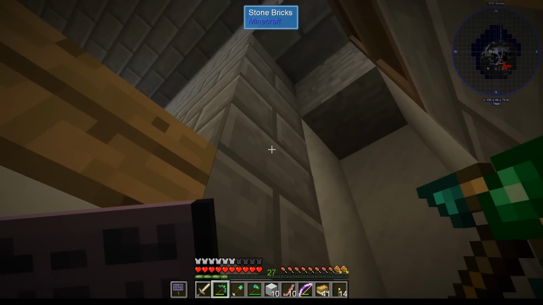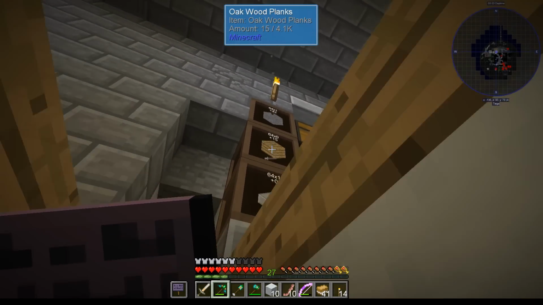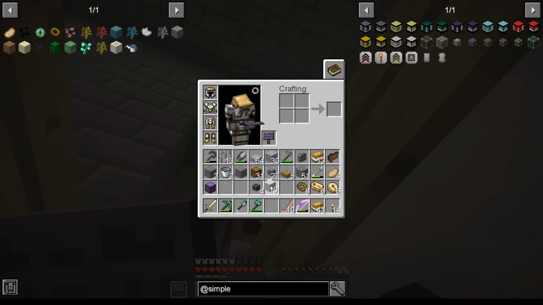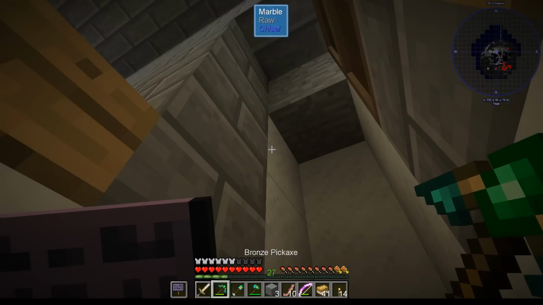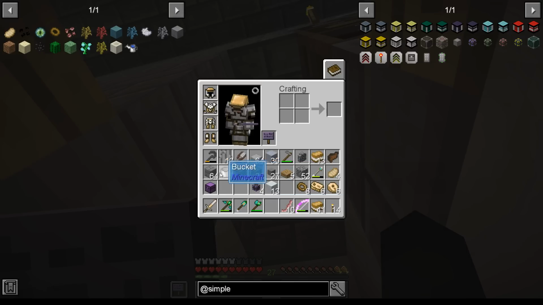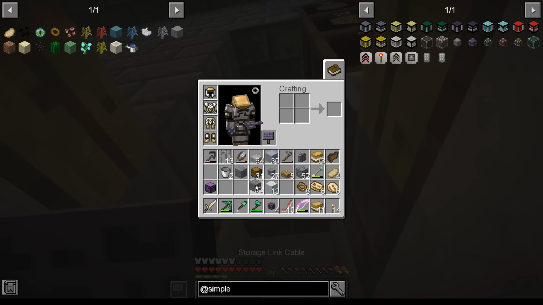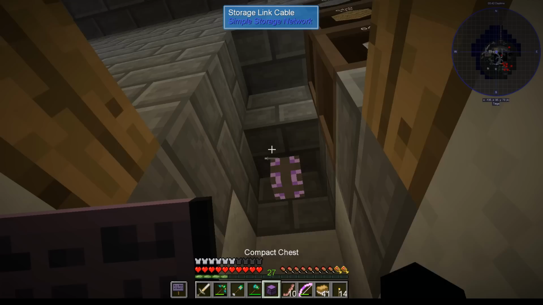And then here, I'm very tempted. Hang on, let me just try that again. So this bit here, there, and there will block off like so, and we'll stick a storage link cable in there. This I want to make priority 10. So there is a reason for this. It'll input and output. There's no import filter, there's no blacklist, and we can take this box and we can